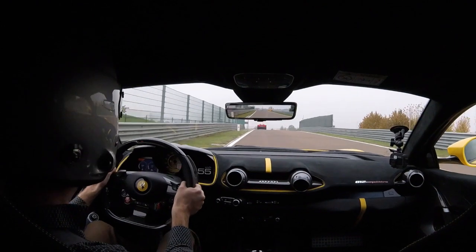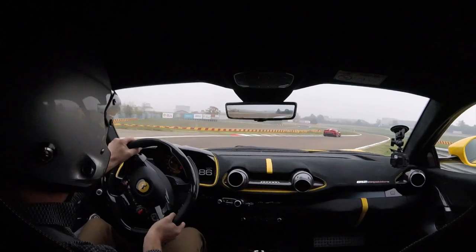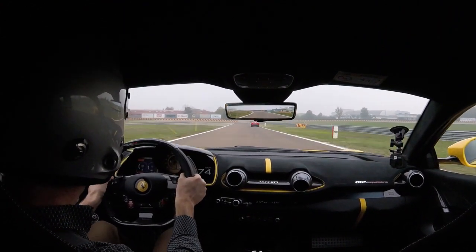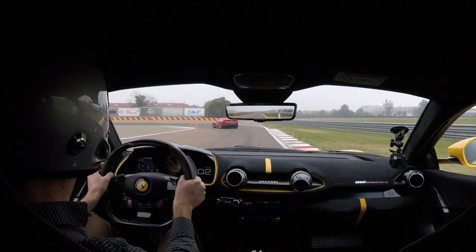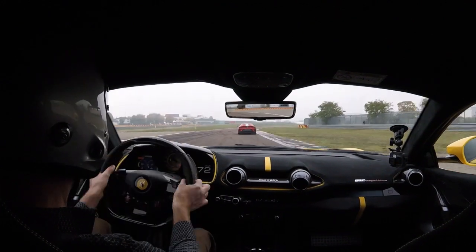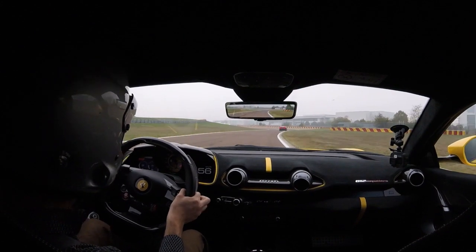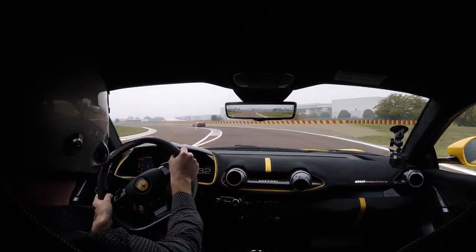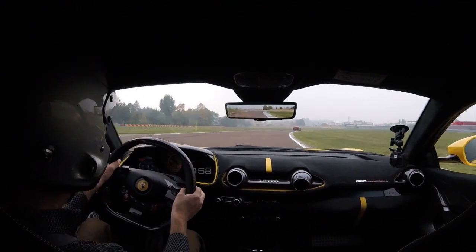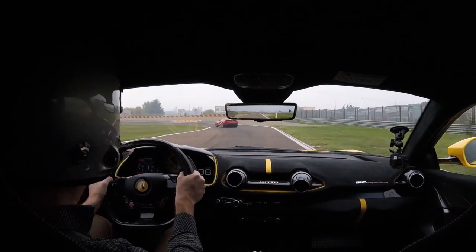Really natural feel from the steering as well, at the back, the rear wheel steering. Yeah, okay, so we got some temperature now. You can really feel the difference in this car once that comes on. Nice little bit of oversteer there. One thing that you really notice is how light this car feels. It's still quite a heavy car. I think it's about 38 kilos lighter. That puts it in the mid 1400s in terms of